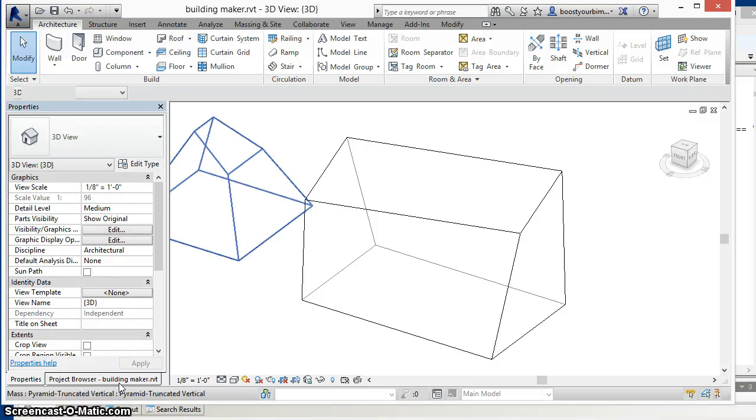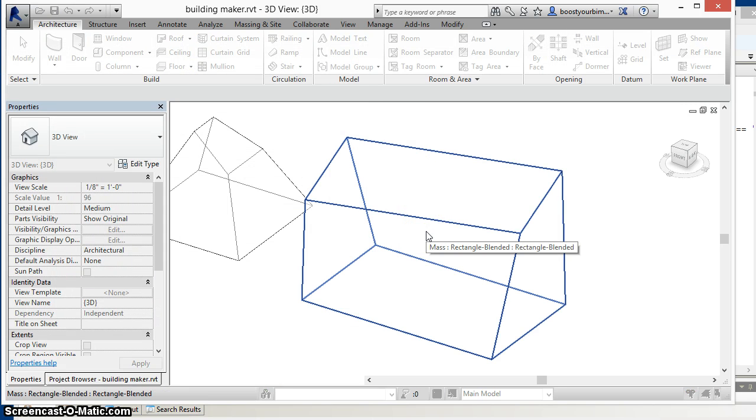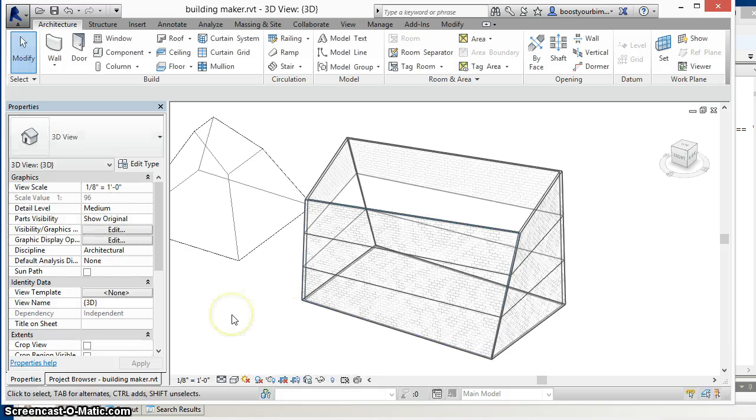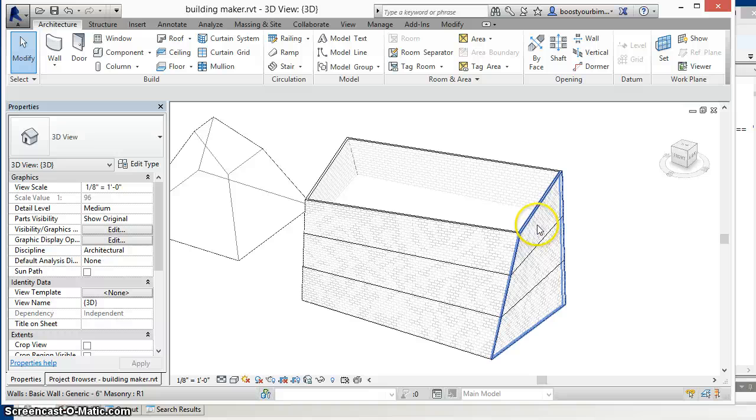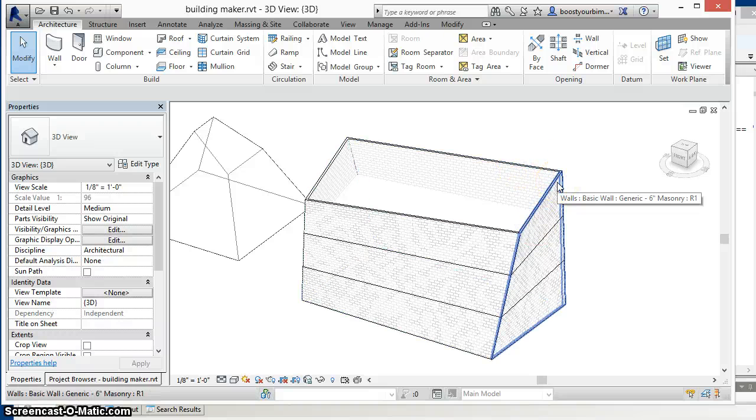Boost Your BIM video shows how to create walls by face and mass floors for all faces of a selected mass instance. First we'll run the macro, select a mass instance, and you can see that mass walls have been created, or face walls have been created on the four non-horizontal faces,